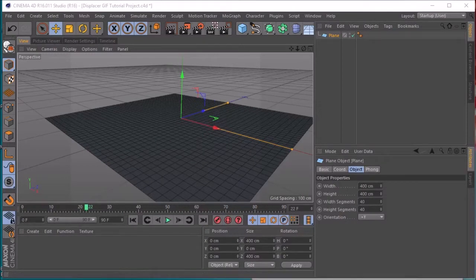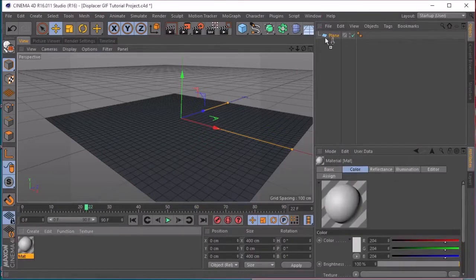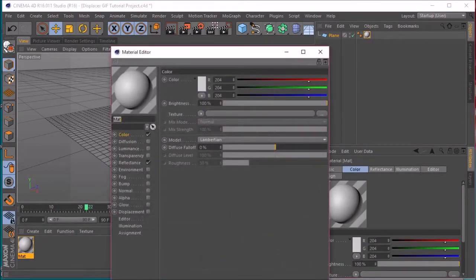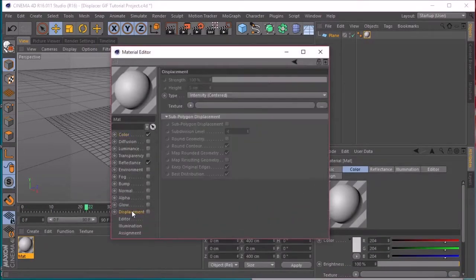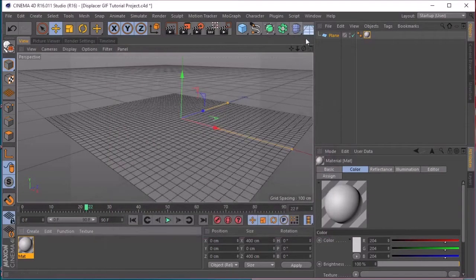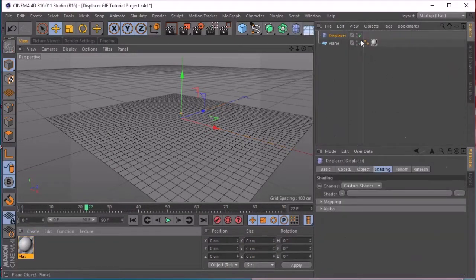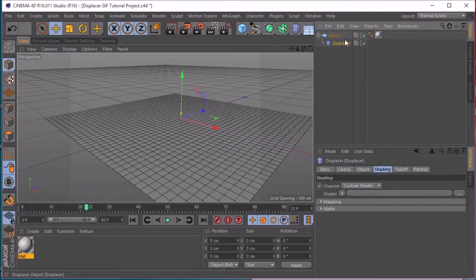For the example that I did, technically, let me show you the difference here. In the example that I just showed, I actually used the displacement channel to create the displacement. Then I discovered there's a much easier and faster render method by using the Displacer Deformer. So all we have to do is drag that onto the plane,